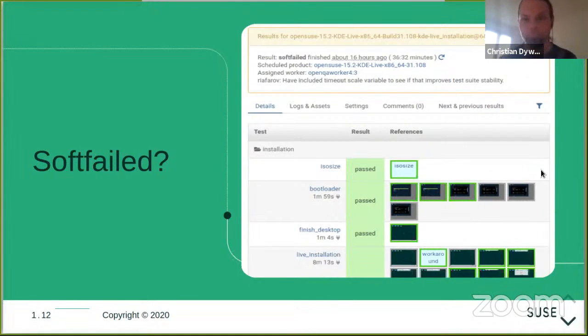Now, another type of failure. Now that we've dealt with the failure and fixed the needle, we're looking at one that says soft failed.